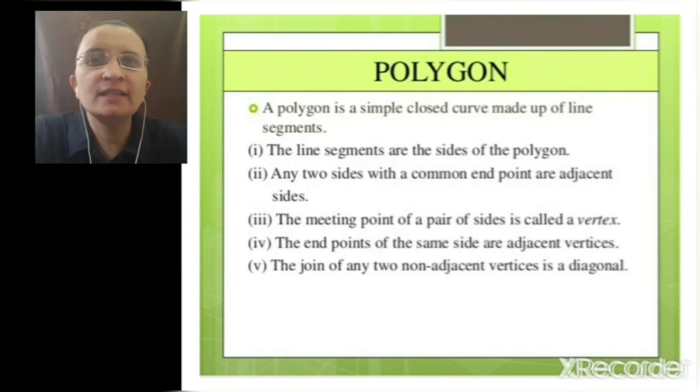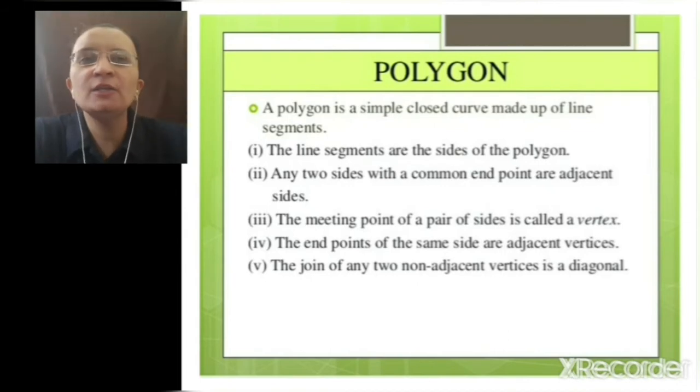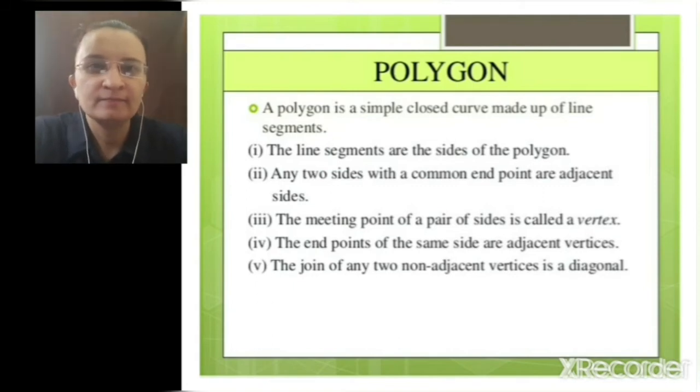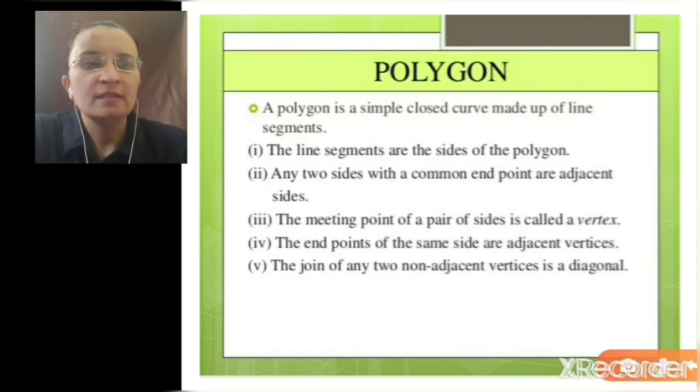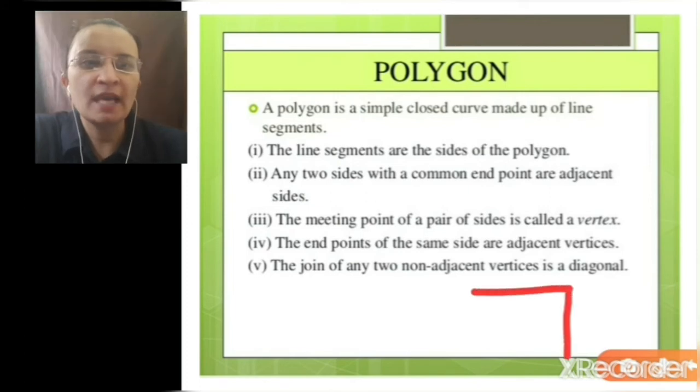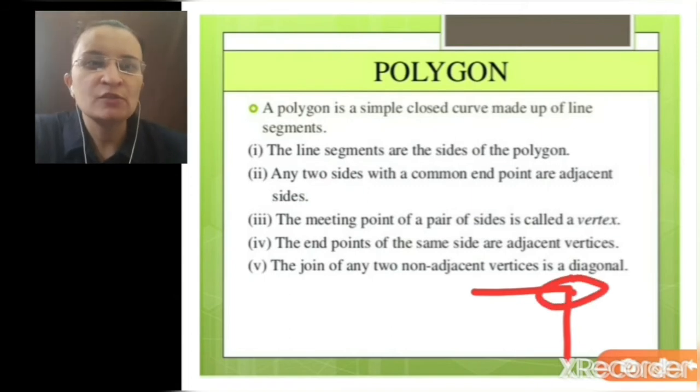Now let us learn about polygons. A polygon is a simple closed curve made up of line segments. The line segments are the sides of the polygon. Any two sides with a common endpoint are adjacent sides. Let me show you. If we have these two sides which has one common point here, so these sides are